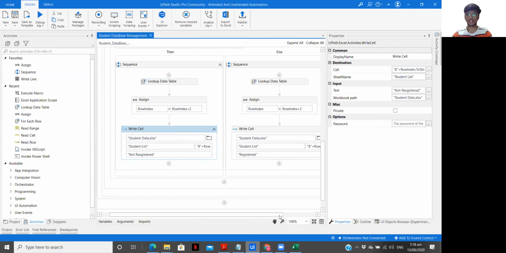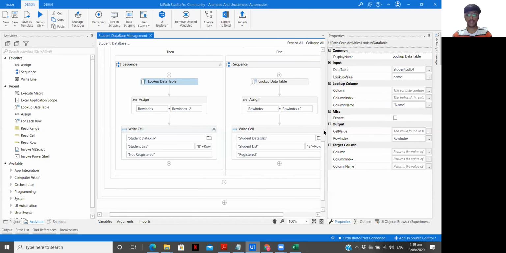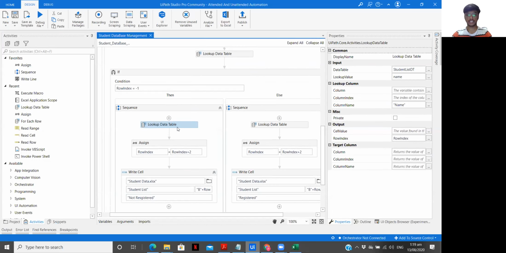This increment needs to be done because the row index starts with 0. So if I add 2, now if Ramesh is found, it will add 2 to it, so it will get me to the 4th position. That is how we are handling the not registered scenario.